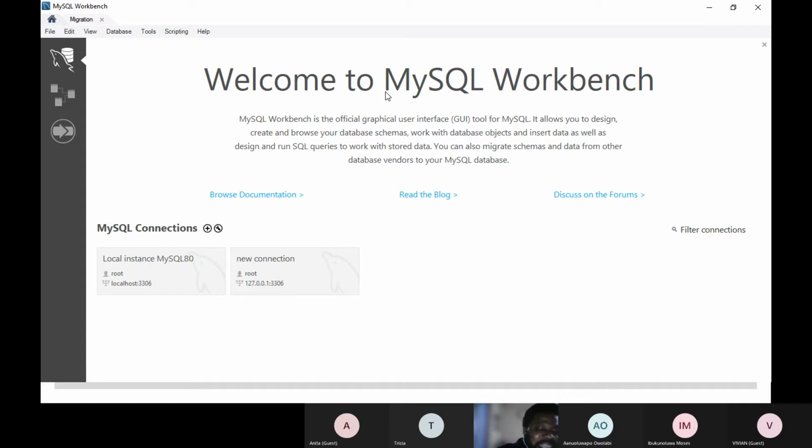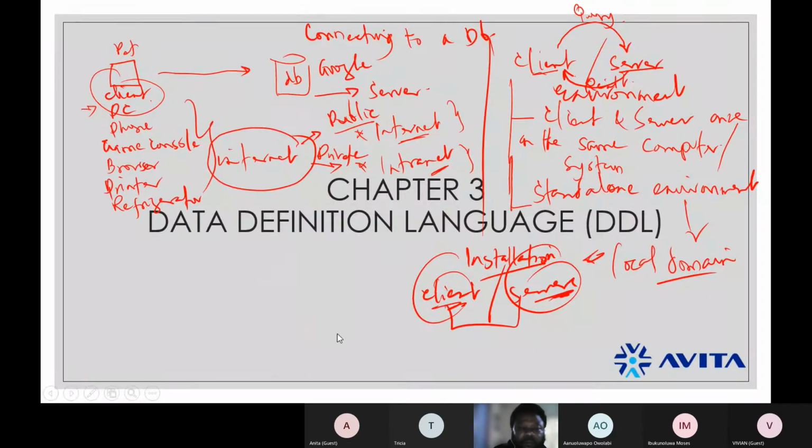This workbench is a client, right? So what it means is that I'm going to run the two scenarios for you. This is my system, right? Or your system as it were. If you are working with, say, GTB Bank, yes, that's GTB Bank, and GTB's database is in Australia.